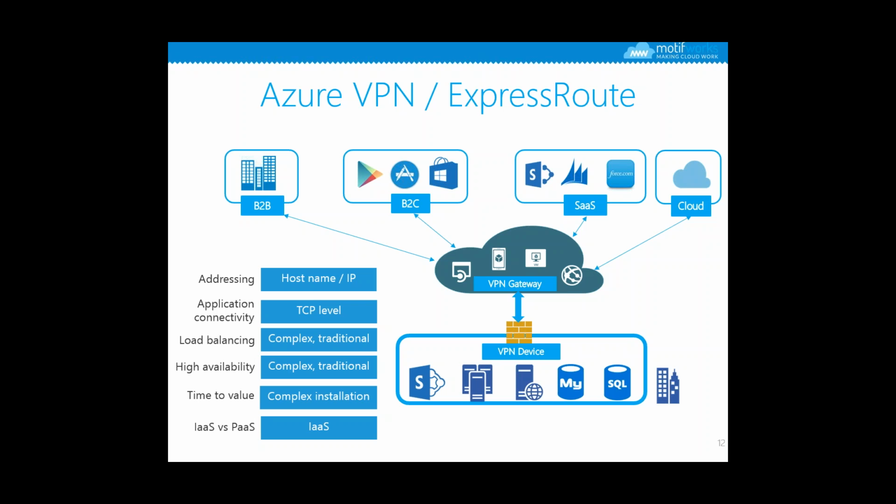It requires you to set up a VPN device within your corporate network, and using that, you need to connect to your Azure subscription. Within the Azure subscription, you need to set up virtual networks and set up connectivity between the virtual network and the on-premise VPN device using a VPN gateway. And Azure is also promoting another private WAN connectivity solution, which is ExpressRoute. So these solutions enable you to keep your data on-premise, at the same time taking advantage of Azure services and enabling various scenarios highlighted here, but it requires quite a complex setup. It's totally an IaaS-based solution since you are provisioning virtual networks and having this VPN device and connecting each one of them.